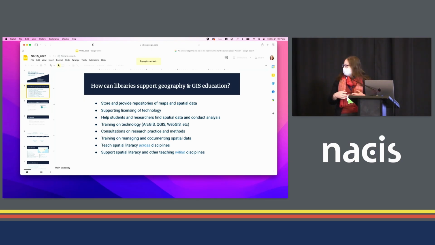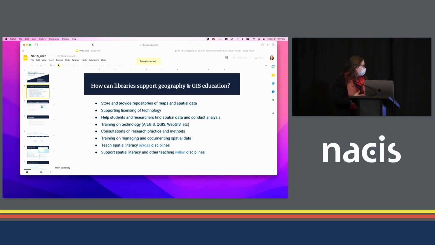We provide in-depth consultation for those, particularly from outside of geography departments where no support exists, because as we all know, maps are very awesome. Everybody wants to work with them. And when everybody needs support and they don't have that in the department, they get to come to the libraries because we do provide that interdisciplinary support that we can teach spatial literacy in many different contexts. We can teach skills to many different levels of learners, and we can bring those elements together to make sure that we're actually not only reaching people on a larger level, but also where they exist within their discipline.